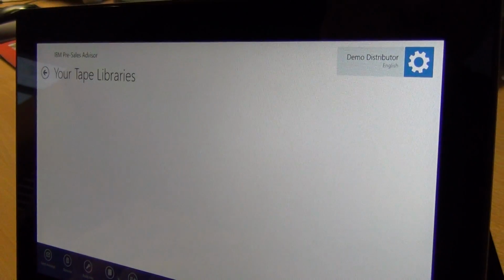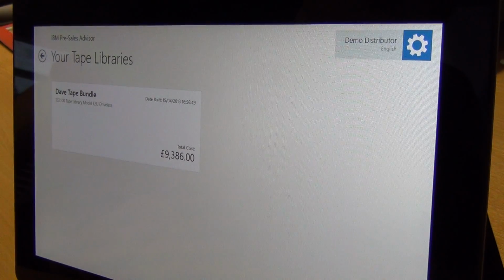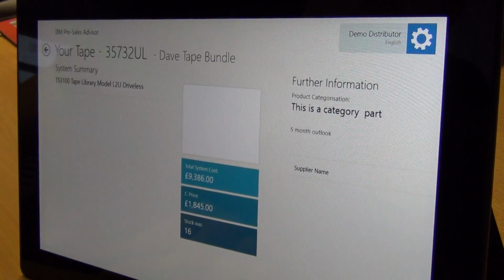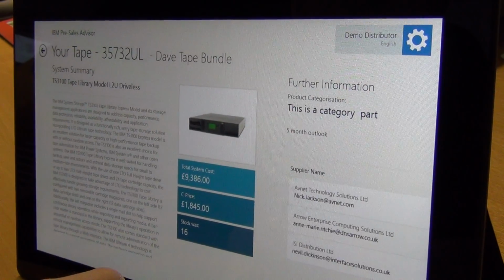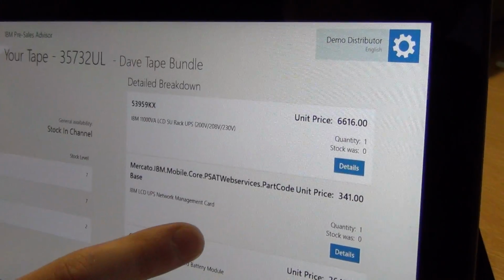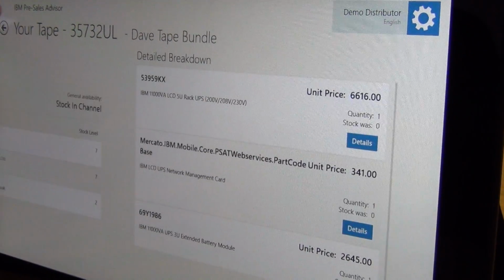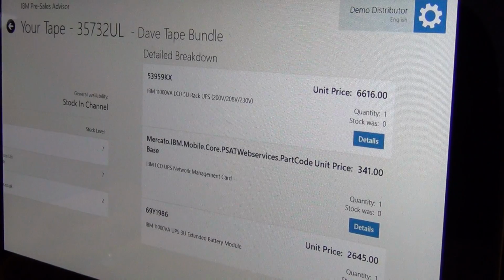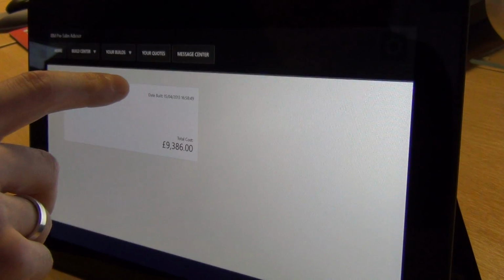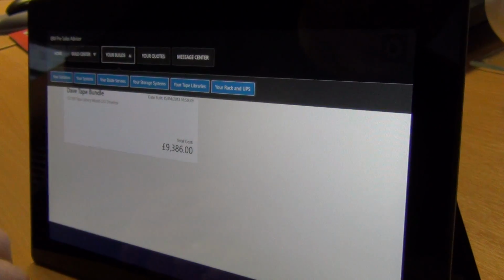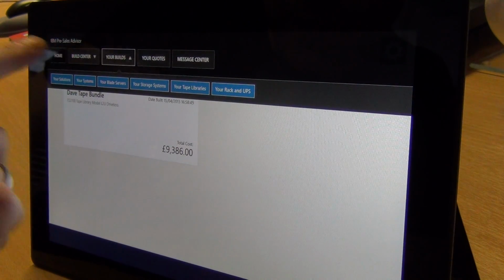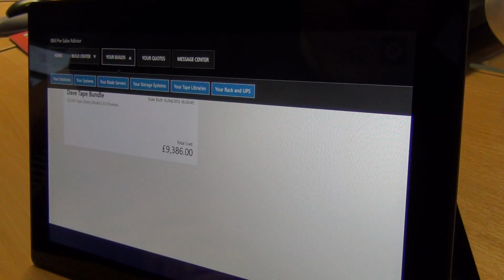We have your tape libraries. These are our saved tape libraries. We can drill down to these. Again, this is a breakdown of the saved tape library. And the final save area is your rack and UPS. And we could access it via this, but I'm going to go back to the home page,